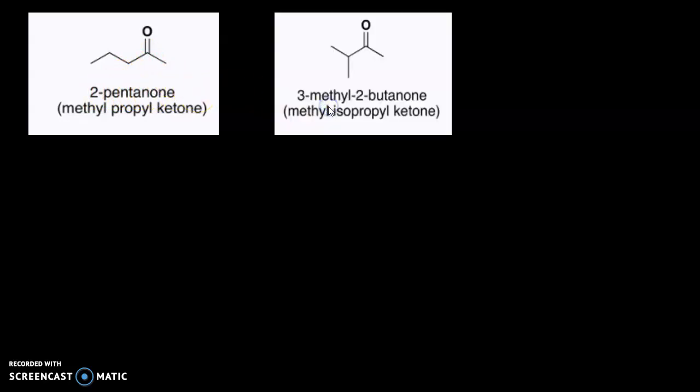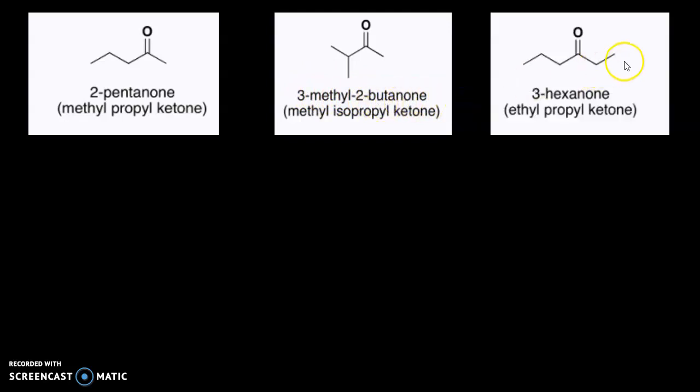Now see this. First of all, select the longest carbon chain. This carbon will get the first number: first, second, third, fourth and fifth, that means pentane will be the parent alkane, and the E of pentane will be replaced by ONE, so it will become pentanone. But this carbonyl group is at the second position, so the name is 2-pentanone. I think it is very easy. Similarly, if we give the first number to this carbon, second, third and fourth, the name will be 3-methyl-2-butanone, because at the 2 position the ONE group is there.